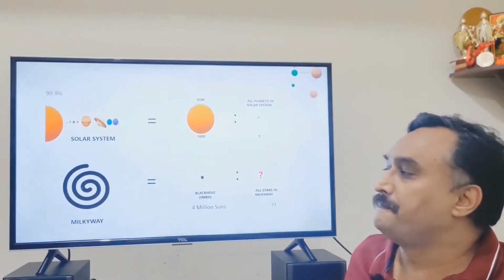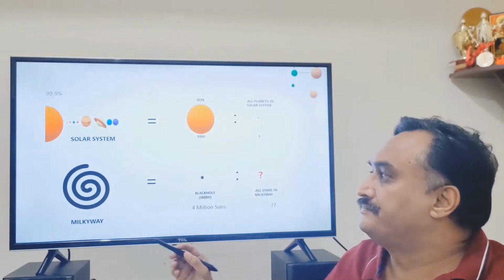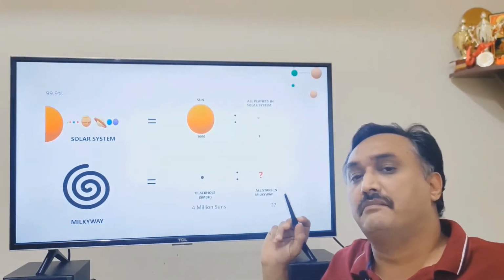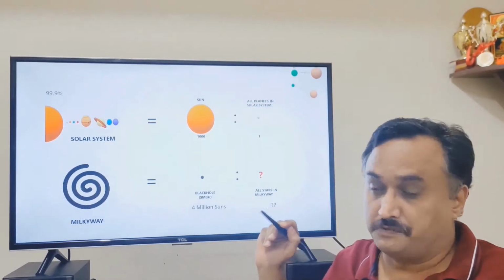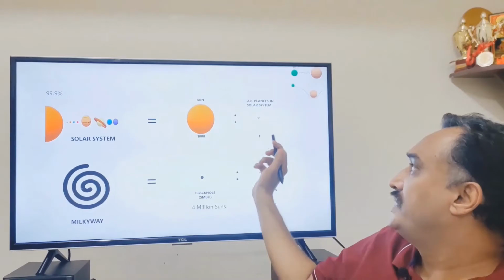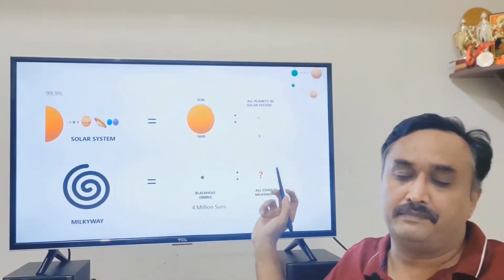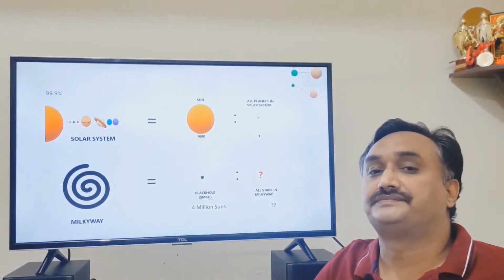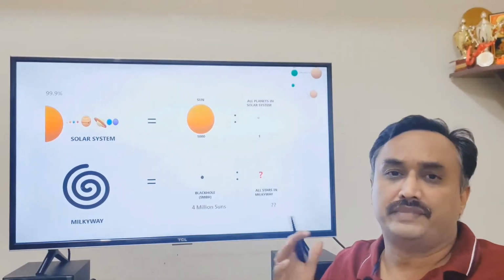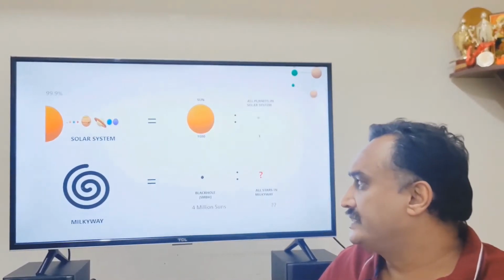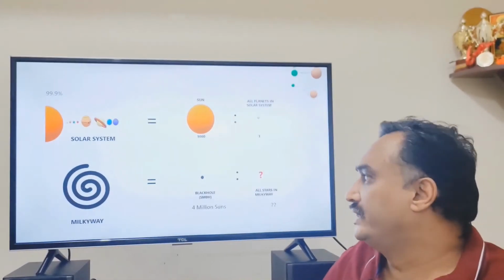nearest system to us. When you consider the solar system, the Sun accounts for 99.9% of the mass of the whole solar system, which means you take all these planets, clump them into a small mass. If that represents 1 unit of mass, the Sun represents 1,000 units, which is okay. Bigger mass, smaller planets going around, as we understand it. Let us come to the Milky Way.